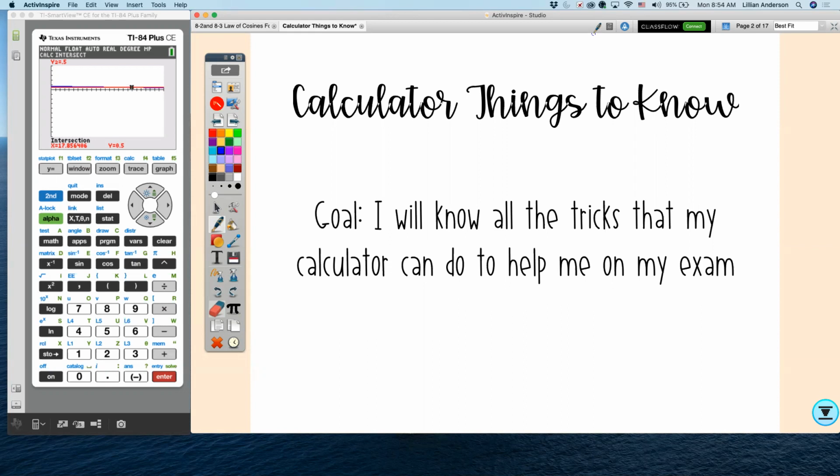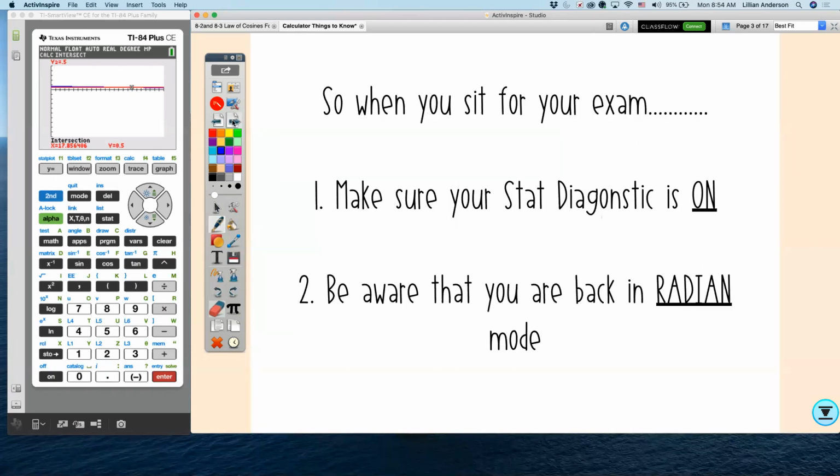Okay, what that means is that when you sit for your exam, you need to make sure that your stat diagnostic is on. The stat diagnostic is what brings back your correlation coefficient, the value of R. And you want to be aware that you are back in radian mode, okay? Which means that if you're doing a problem and degrees are involved, you need to change your calculator from radian mode into degree mode, okay? Those are the two things that you definitely need to do before you start the test, okay? All right, so